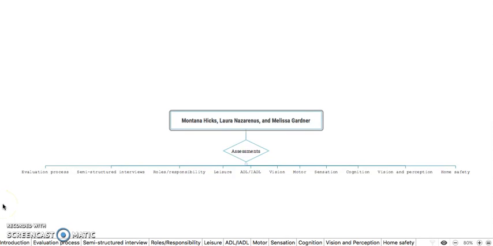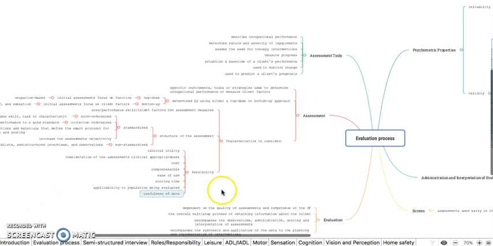So this is our concept map for this semester, and it's Montana Hicks, Laura Nazarenas, and Melissa Gardner. Alright, so we're going to go over some of the assessments we covered, and then the evaluation